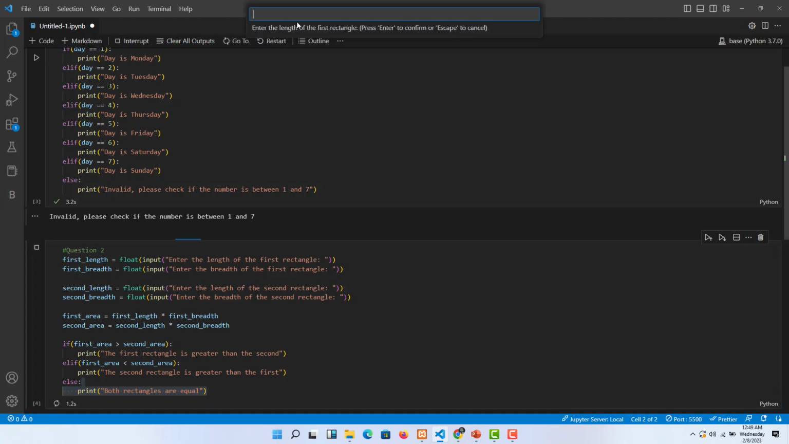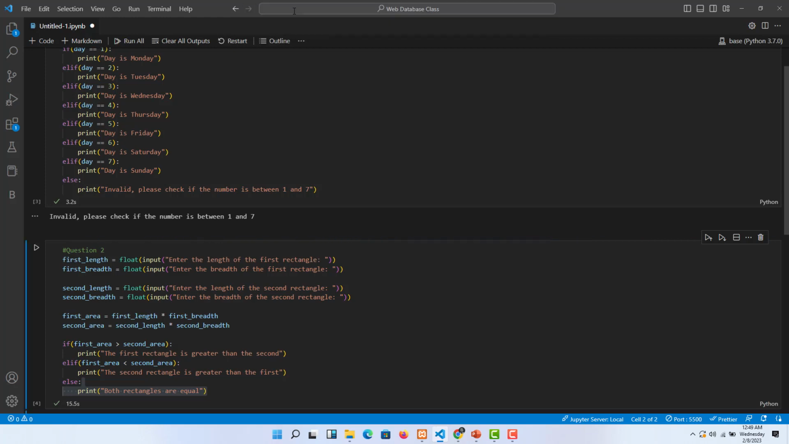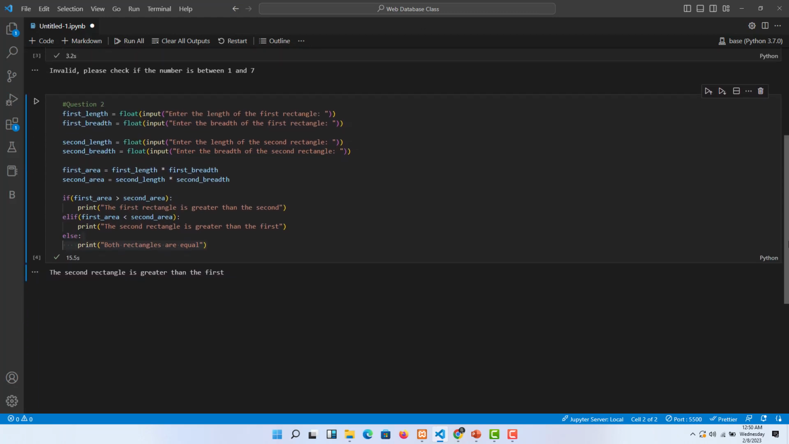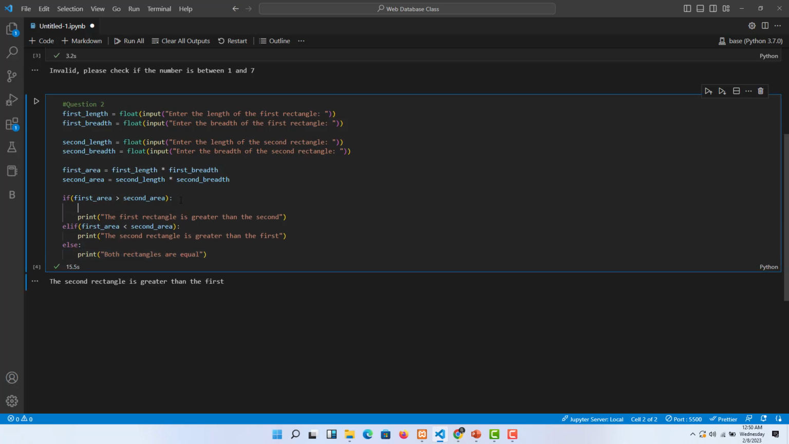So the length of the first one, let me say 2. The breadth, let's say 3. Alright, so the length of the second one is 6, and the breadth, let me just say 3. So you can see it says what? The second rectangle is greater than the first. Yeah, obviously. But we can make this thing interactive by saying,